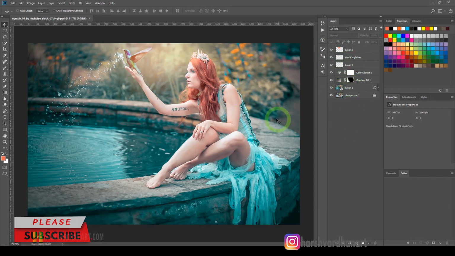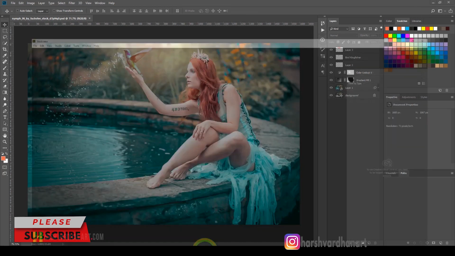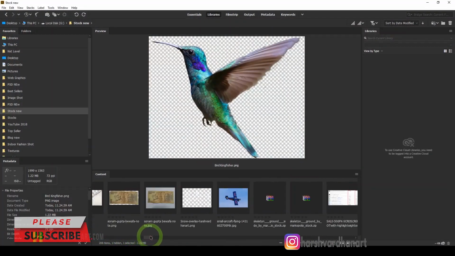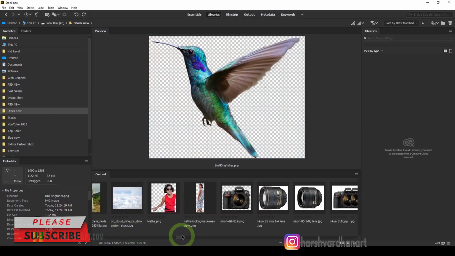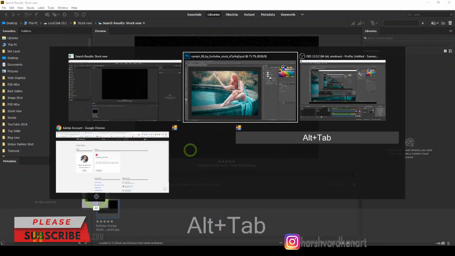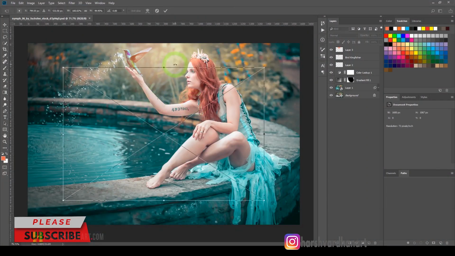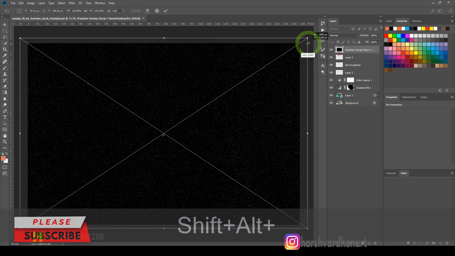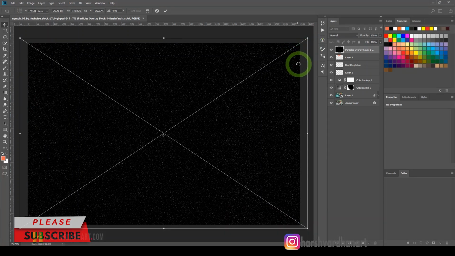And now let me add the texture or some kind of magical particles, and you can download these resources as well from the link in the description section below. So let me find my magical texture or particles. Where is it? Alright, so I've got it, and let me place it over here and resize it. Oops, let me resize it to fit the image, and press enter,